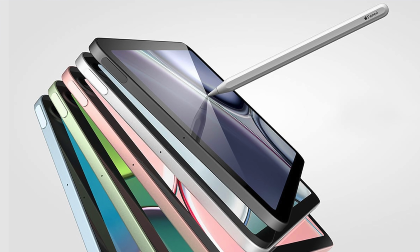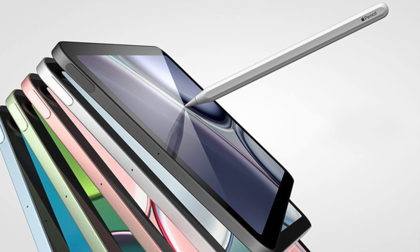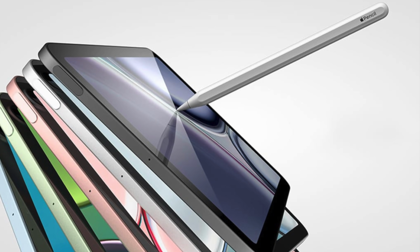Now, a lot of people, including Renders by Ian, were suggesting that Apple's gonna go with a smaller Apple Pencil design that's still inductive. It's still like the Apple Pencil 2, but it's like a golf version because it's small, right? And I assume that would just have a cheaper price point and a worse battery life, but the main reason I had a hard time believing the smaller Apple Pencil rumor is because if they started making like a, I don't know, $90 or $80 golf version of the Apple Pencil 2, what would stop people from buying that instead